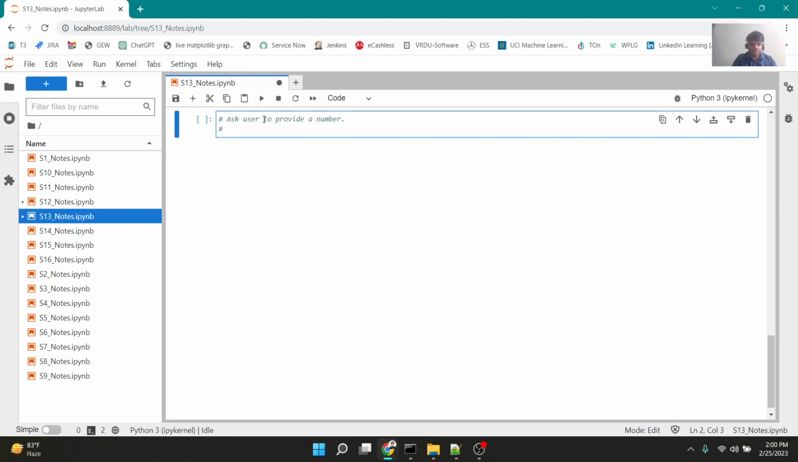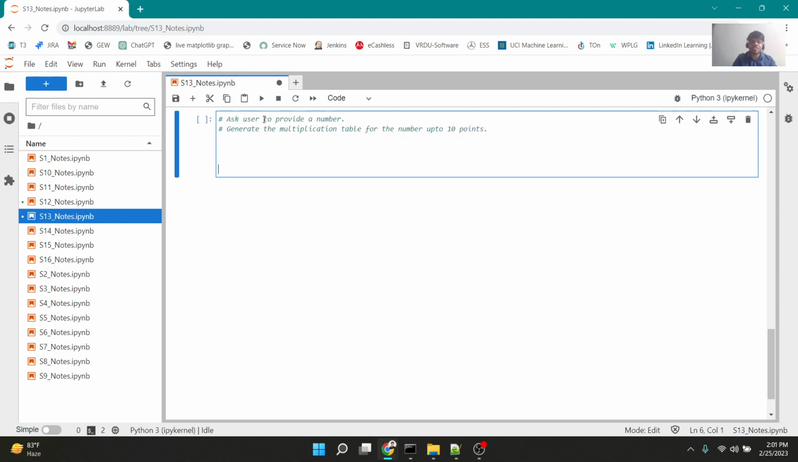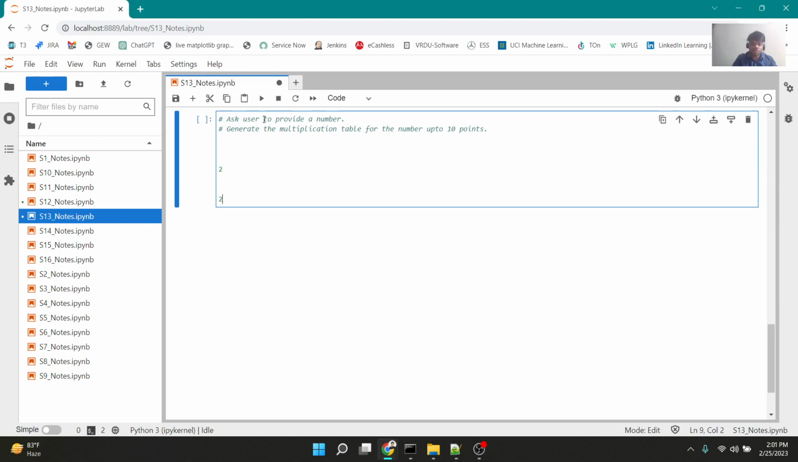Then second is generate the multiplication table for that number up to 10 points. What I mean by that is, if the user says that it's 2, then I will have to write 2 times, okay, 1 times 2 is 2,